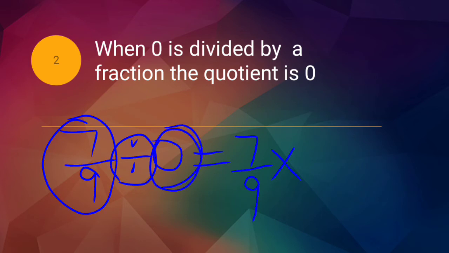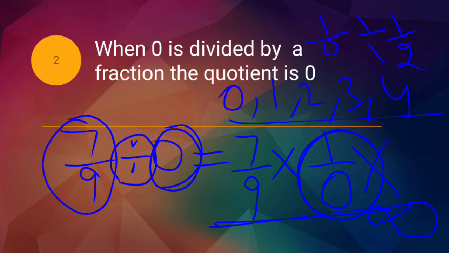So what does the reciprocal of 0 become? Every whole number like 0, 1, 2, 3, 4, when you take the reciprocal, becomes 1 upon 0, 1 upon 1, 1 upon 2, and so on. So 1 upon 0. I already told you in the previous video that 1 upon 0 cannot be found in mathematics. It tends to infinity. So in this case you write the answer as cannot be found. Do not write 0. Just write cannot be found. Hope you understand. Now move to the next property.